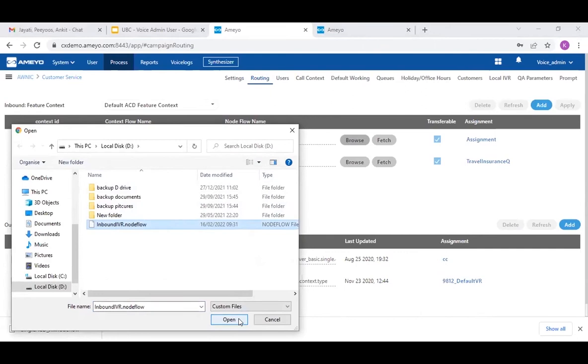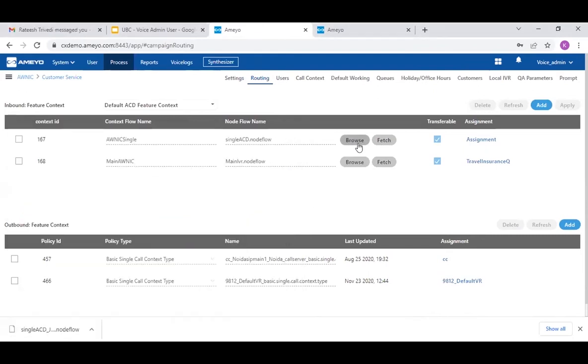Basically it is used to increase your productivity, and you do not want to waste time setting up all these processes with similar routing logic. If you want the same IVR replication, you can just fetch from the previous IVR or the previous campaign, and download or upload it over here in the upcoming campaign, or the campaign which you have created right now.